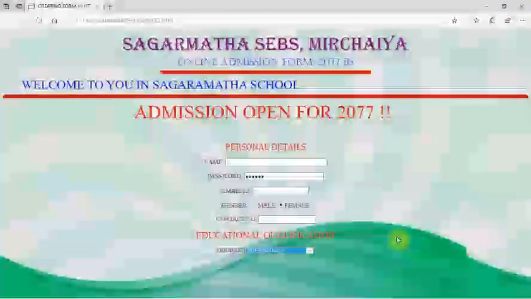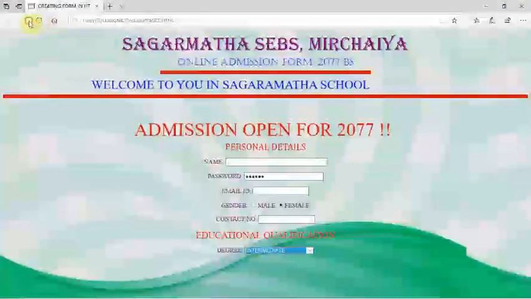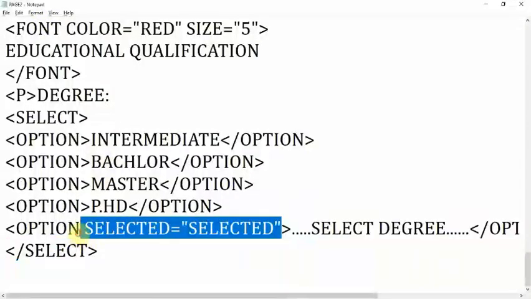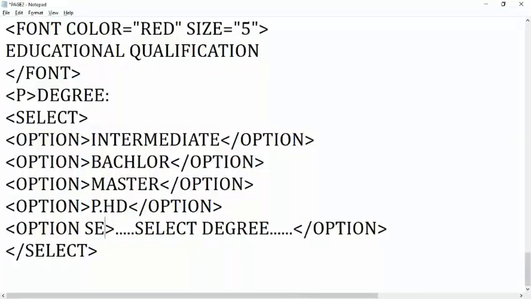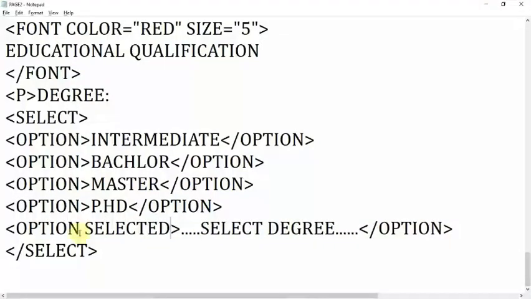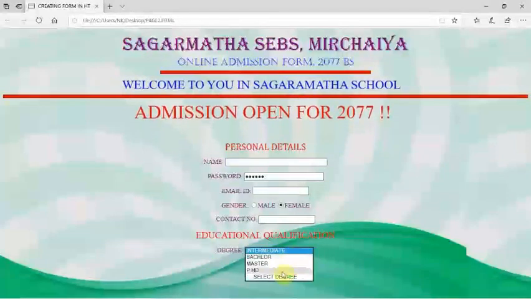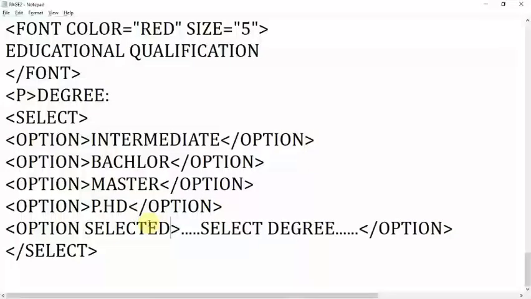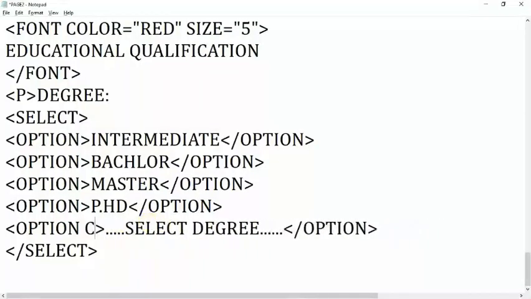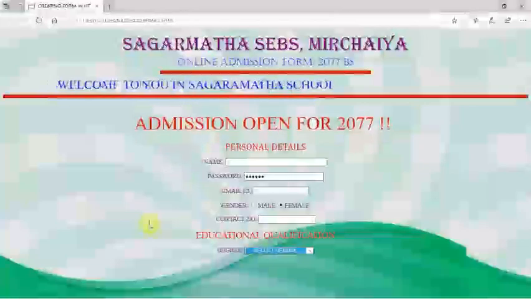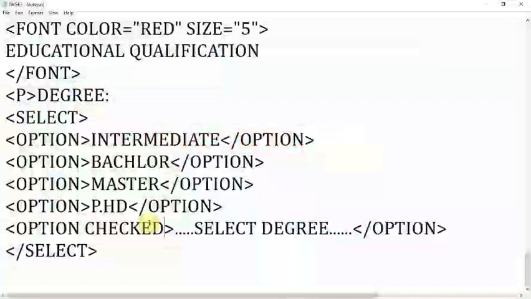Now you can see here, I want to refresh the page. It is not coming because something is missing. So again, option selected, spelling should be correct. Here you can see again not coming. Why is it not coming? Again there is some problem, but this is the correct method. Here you have to specify selected. Checked is not working here. Checked is used in radio button, but here when I specified checked, it is working.